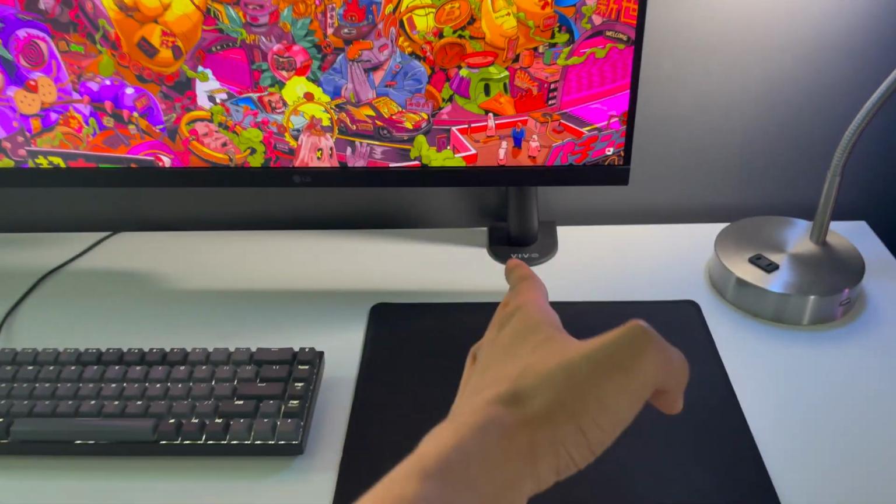So what I did to fix the pole was I took out one of these arm bracket things. I don't know what they're called. It's an arm joint, I'm pretty sure. And there were 2 of them when they came with the monitor. So what I did was online I found out you could remove one of these, which allowed me to... Well, first let me show you guys. Now there's one arm joint right over here, but that allowed me to now have the pole behind it instead of sticking out, which fixed my